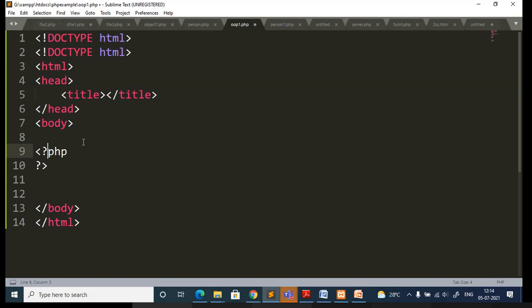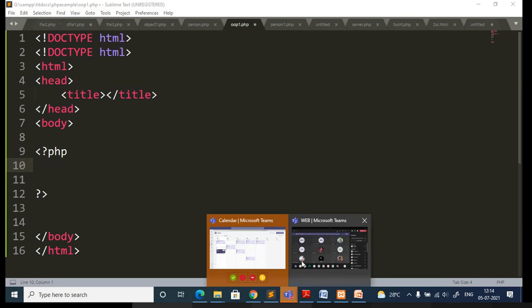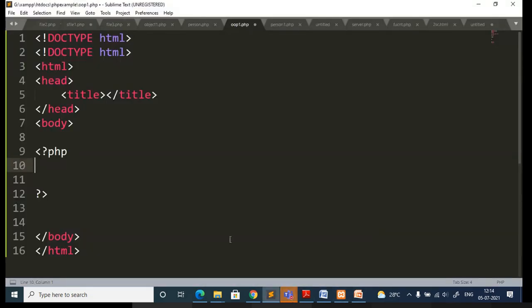When you want to access, how are we going to invoke those properties and functions?